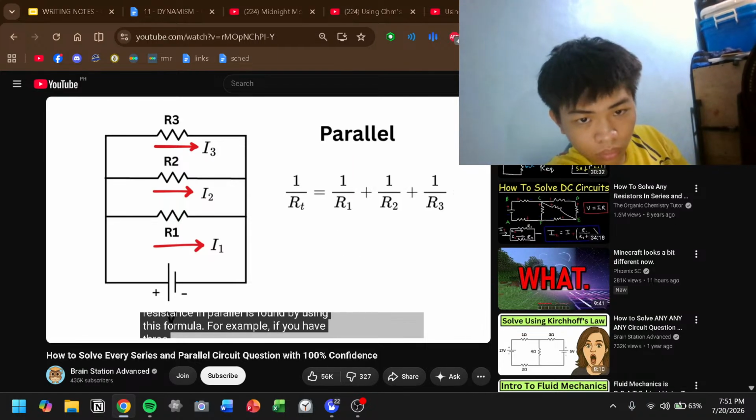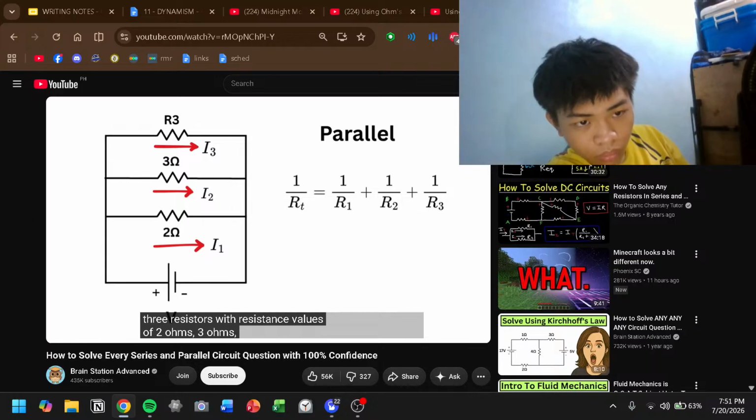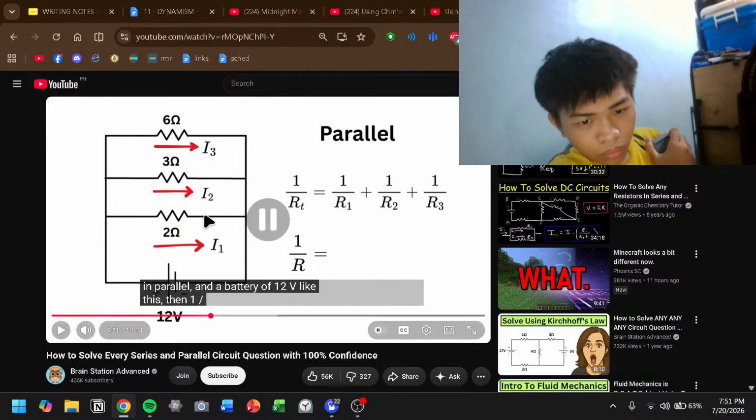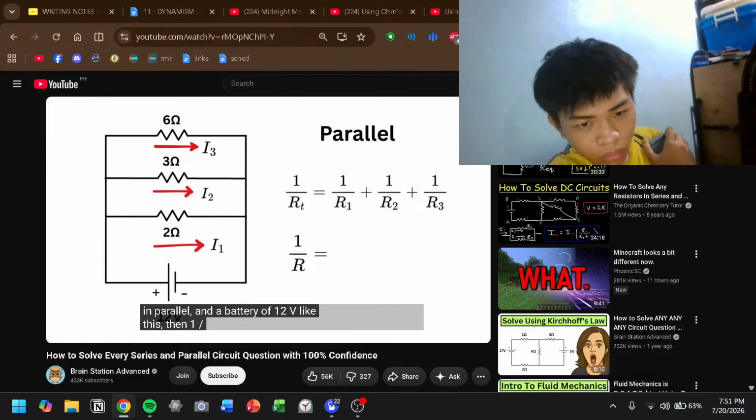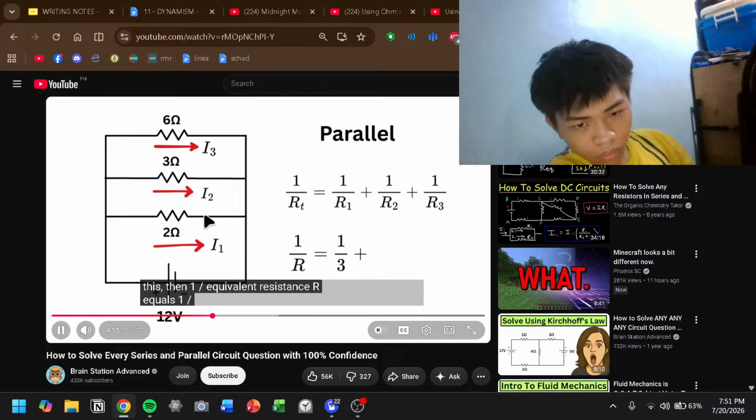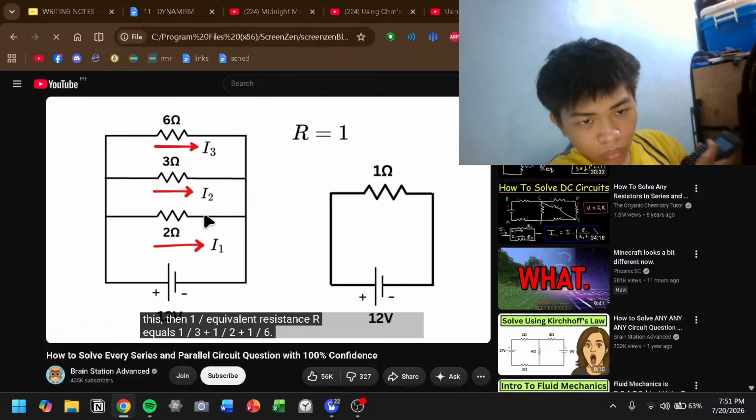For example, if you have 3 resistors with resistance values of 2 ohms, 3 ohms, and 6 ohms connected in parallel, and a battery of 12 volts like this, then 1 over equivalent resistance R equals 1 over 3 plus 1 over 2 plus 1 over 6. This